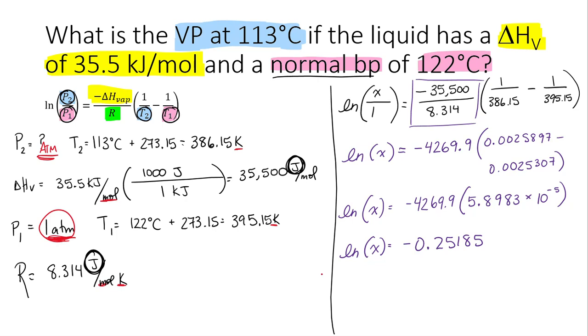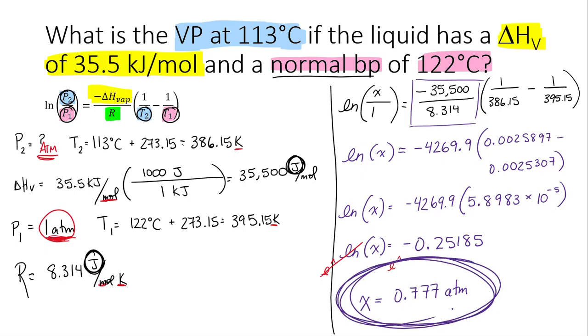Now here's the tricky step. We're going to take e to the power of both sides. E to the natural logarithm of x, you're left with x. And on my calculator, I'm going to put in e to the, and I'm just going to hit e to the answer because it's still saved in my calculator. I'm using my phone, but it's basically a TI-83 that I have downloaded on my phone. So I have e to the answer, and I get x is equal to 0.777,